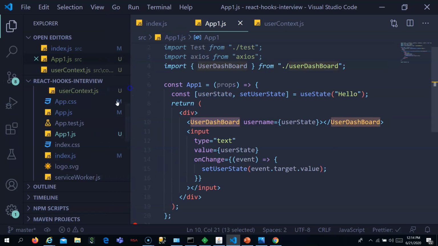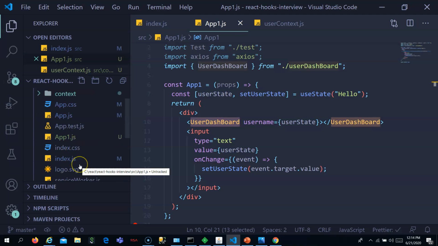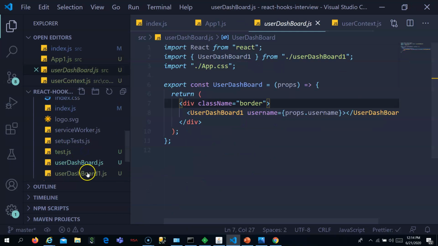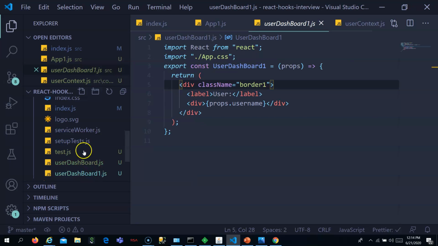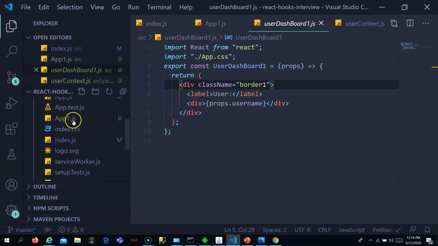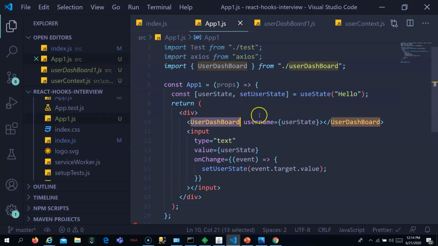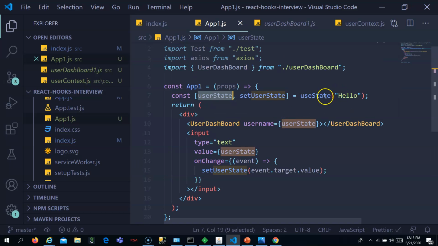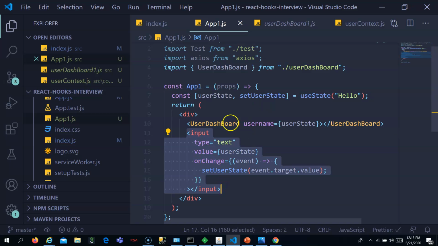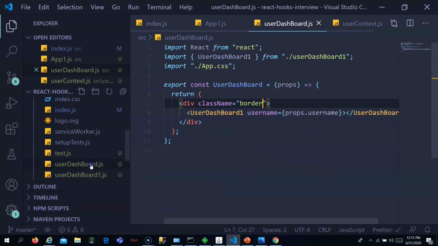So in my project, I have two functional components, user dashboard and user dashboard 1, and app1 is also a functional component. From app1, I am passing the user state value which I have created using use state, and which I use in the input element, to this user dashboard.